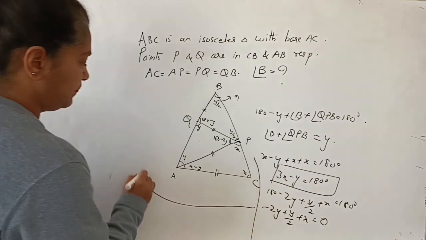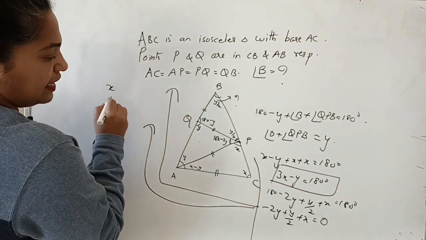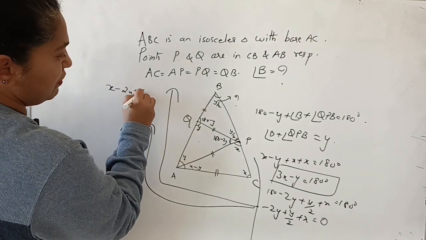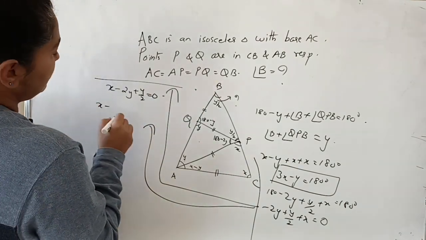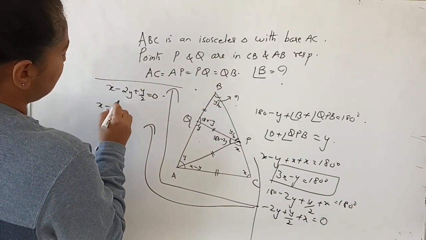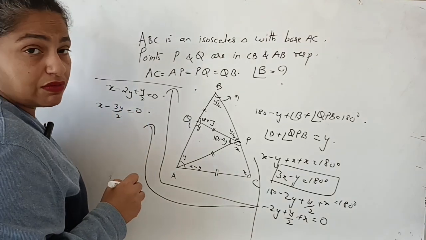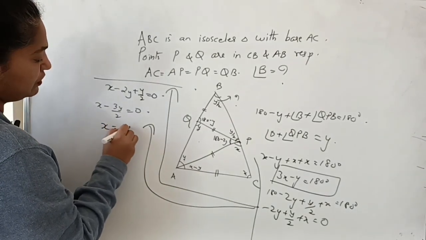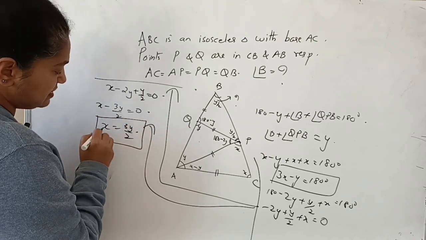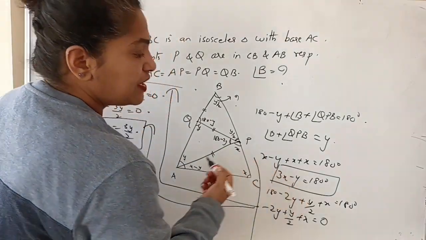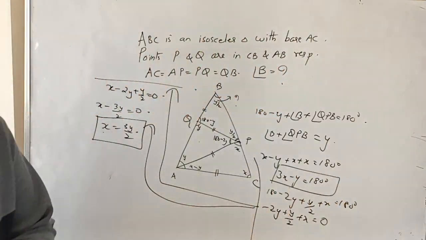Or if I write it here, x minus 2y plus y by 2 is equal to 0. I am just rearranging the terms and then I will get x minus 3y by 2 is equal to 0, or x is equal to 3y by 2. Now I got a relation between x and y which says x is equal to 3y by 2. Already I know 3x minus y is equal to 180. Now substituting, I will get